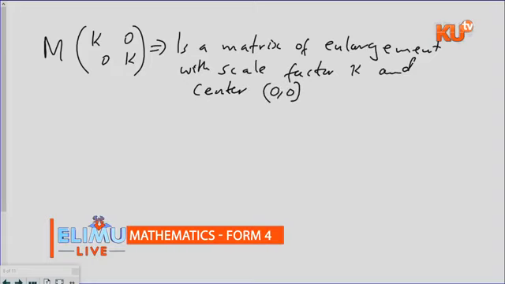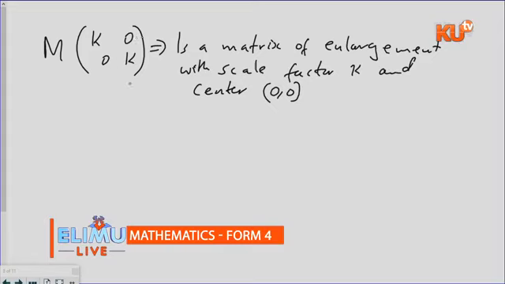It is important to know that that is a common matrix, that for any matrix of enlargement where the scale factor is K and the center is 0, 0, then we have this kind of matrix